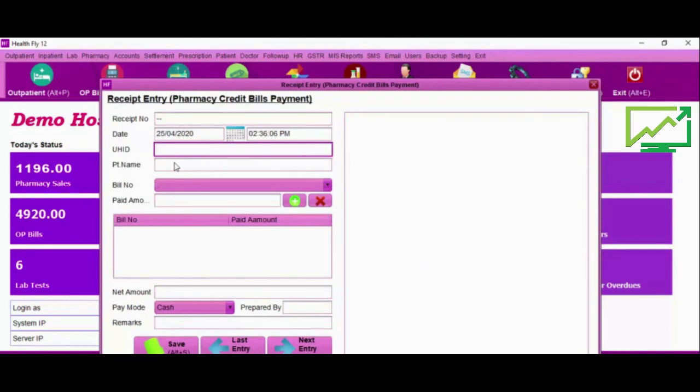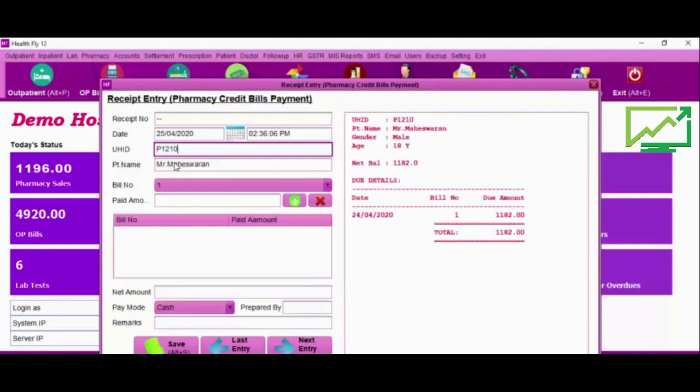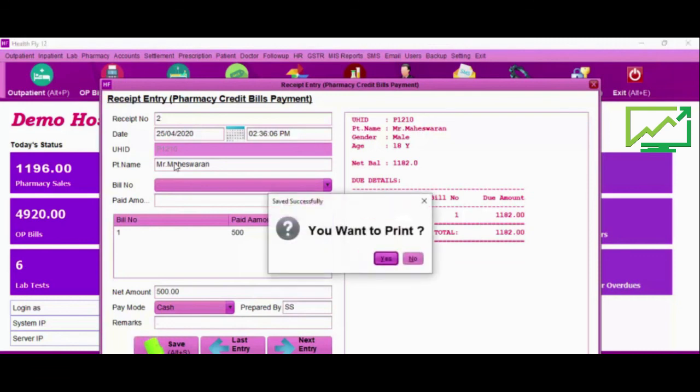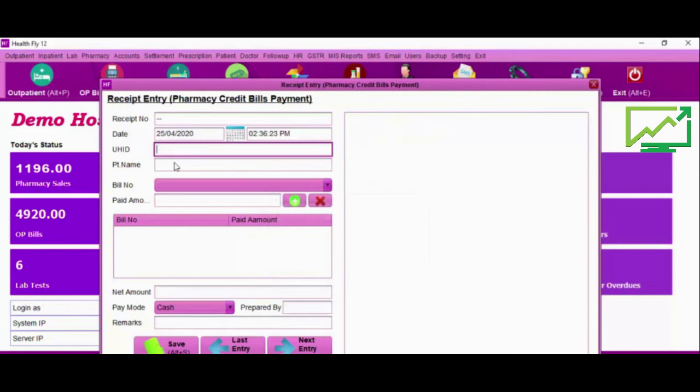This one is patient receipt entry against credit bill. Select the patient and you can make full credit payment or partial payment also based on the needs. You can print the receipt to your patient also, and you can send message also against the payment. You can send message like thanks for your payment, we have received your payment. That will be customized.